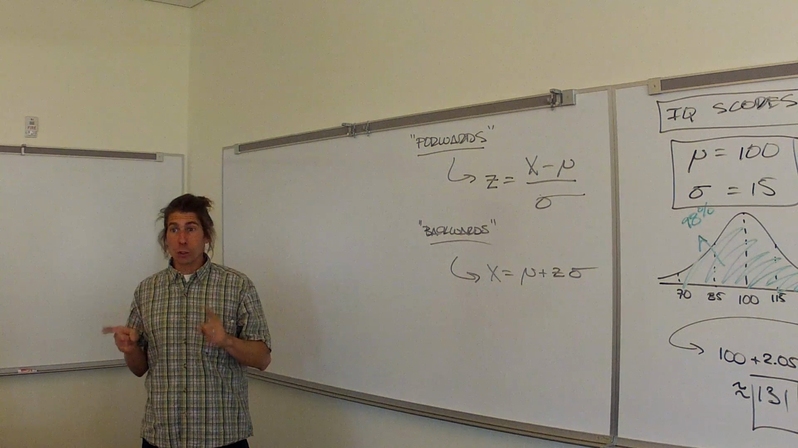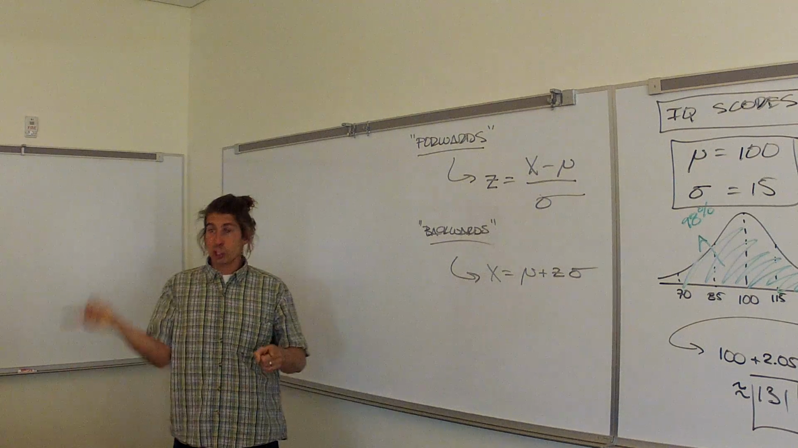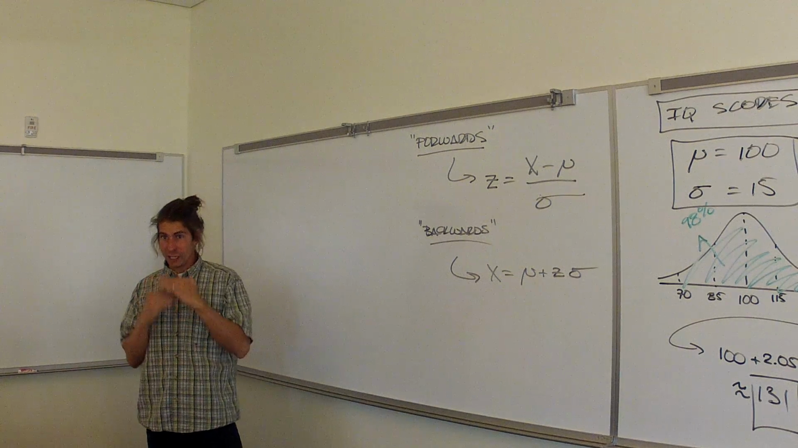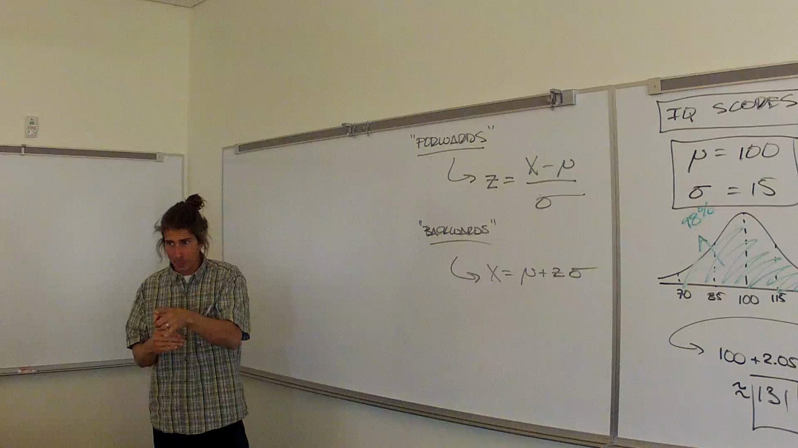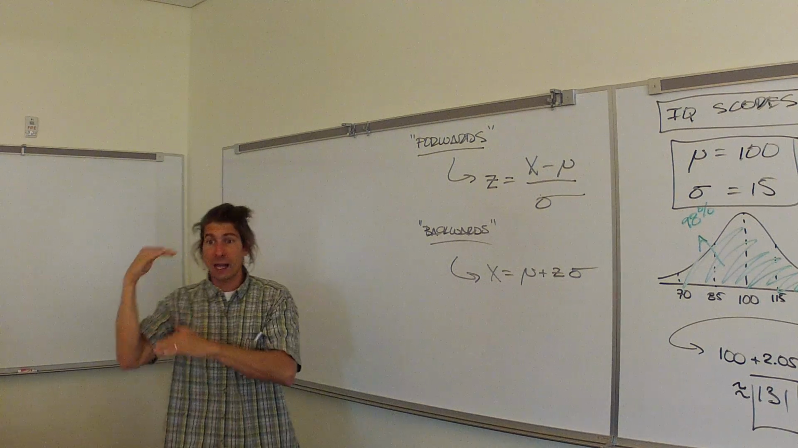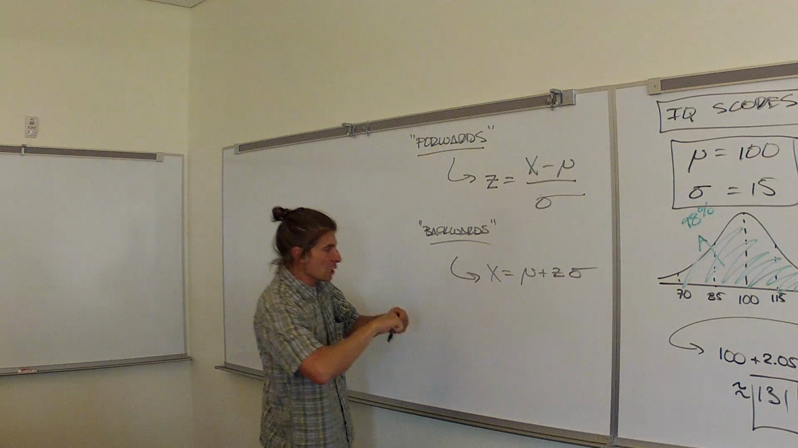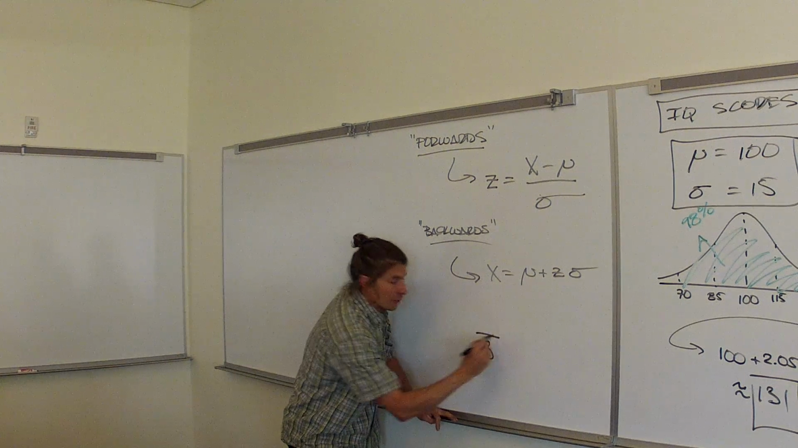Right. Remember what IQ stands for? Intelligence quotient. What's it a quotient of? It's okay if you don't remember. Mental age and physical age. Mental age and chronological age. So if a 3-year-old has an IQ of